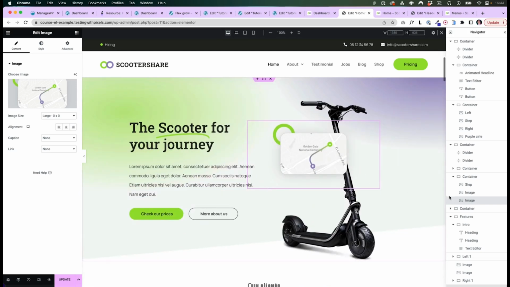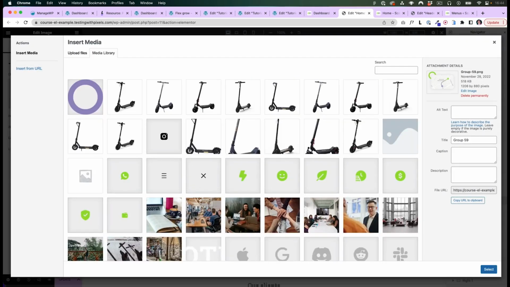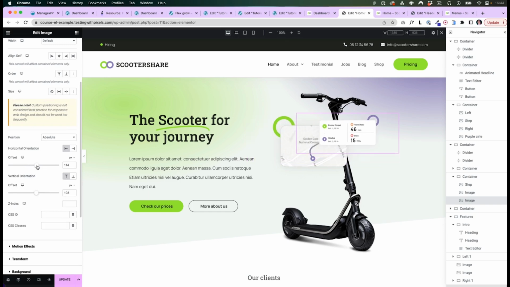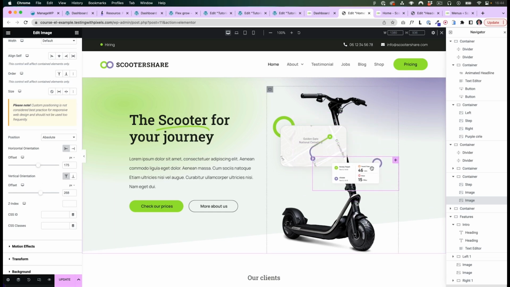So how do we do that? Let's first change the image. All right, let's also change its position. Now you can already see a problem because it starts scaling down. I will also show you how to solve that. But now I'm going to change its position like this. And now if you want this layer to be beneath the scooter and this one, then you need to play with the Z